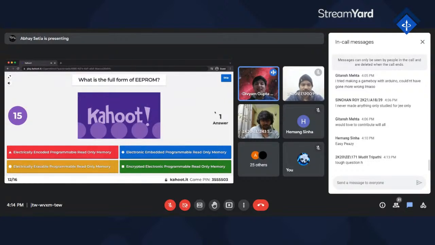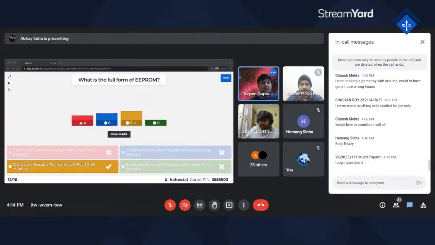This is basically the very easy one. I've told you in the very beginning of the session. Eight people have guessed it correctly.